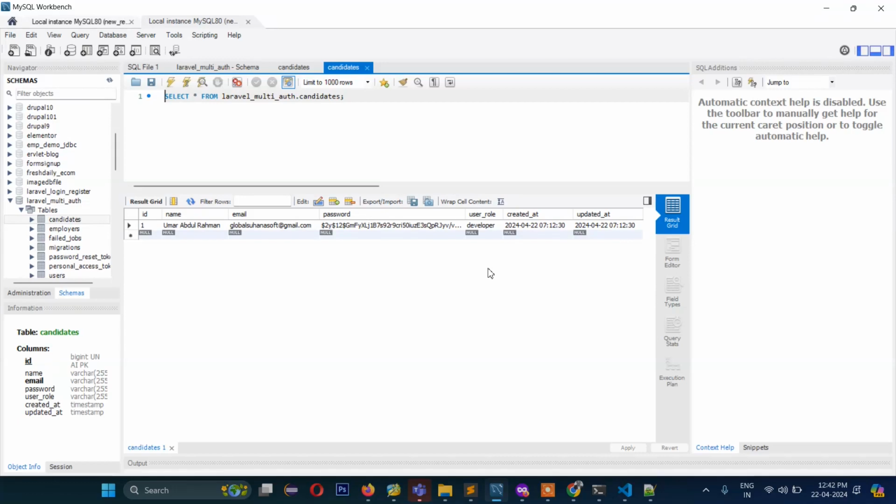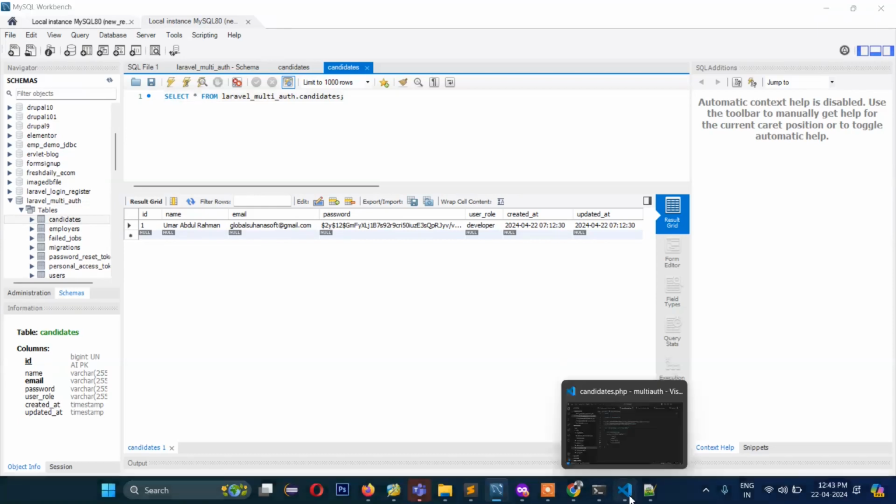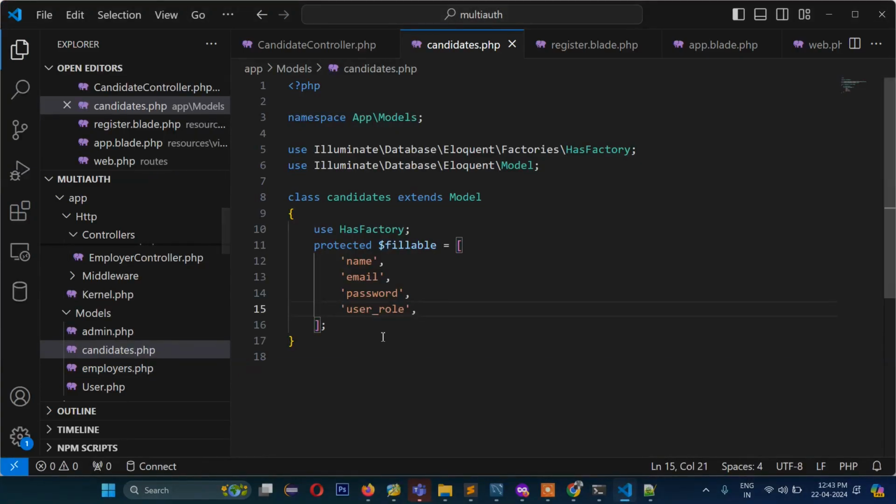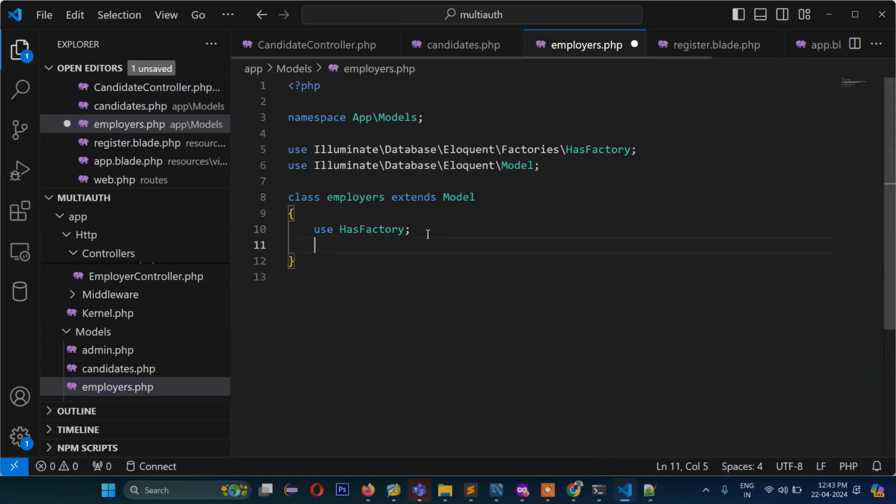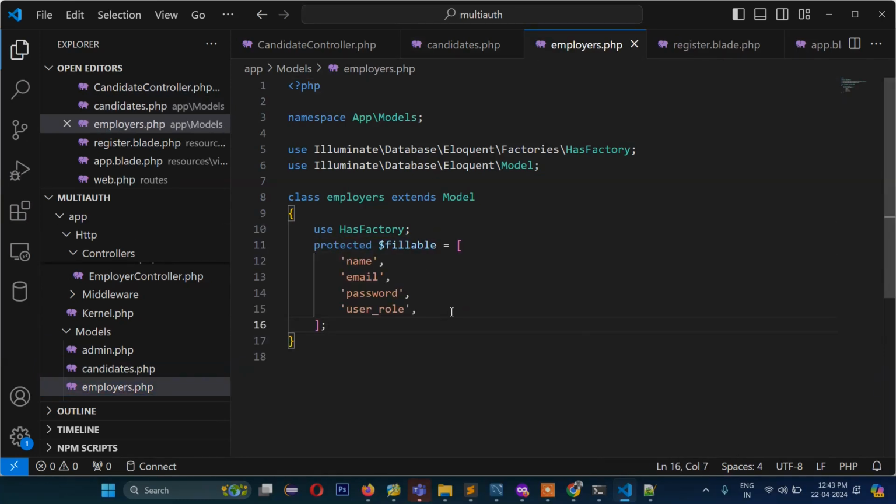Now the next task will be to do similar for employer, right? So now come back here, and for employer also the model will be same, right? So rather we should write here same thing, because model field label, the field names are same, that's why. So one task we have completed. The second one will be